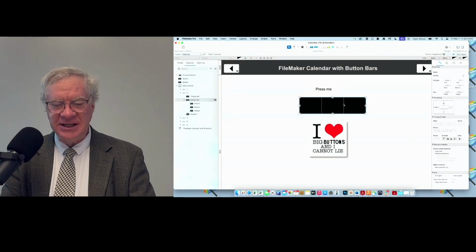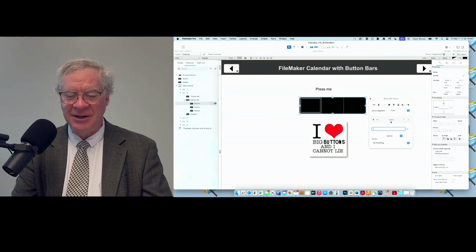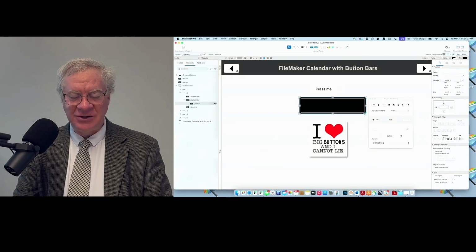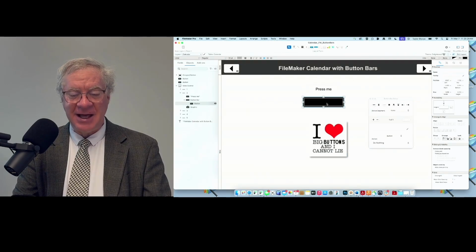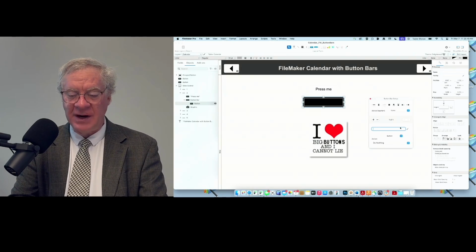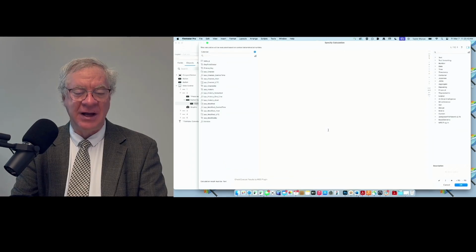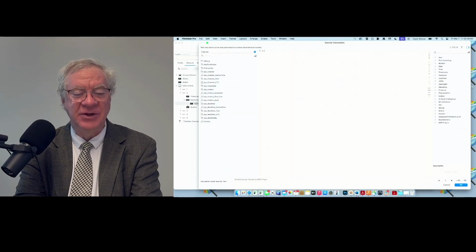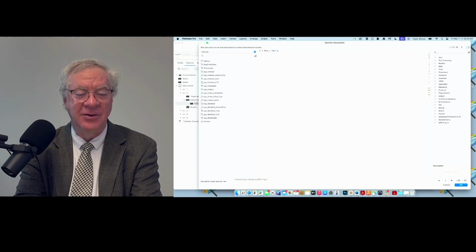Well, you know what? If we got the calculation engine, okay, I got 3 here. I'm going to double click here so that I can see my things. In fact, I'm going to delete 2 of these. And we just got one button right here. So this is what I'm doing most of the time, working with one button. And the nice thing about it is if you click in, here's the button bar setup. And here, this little area right here is where you can either type text or you can go right in here to the edit thing, and you can actually write a calculation, and you can say, if something is true, then show me on, otherwise show off.